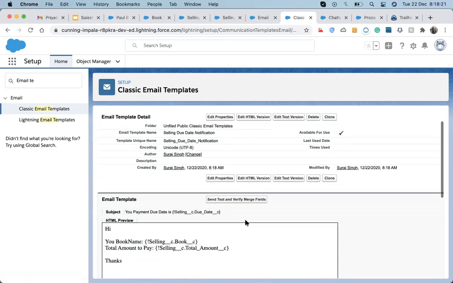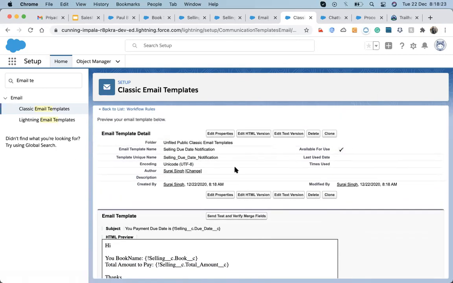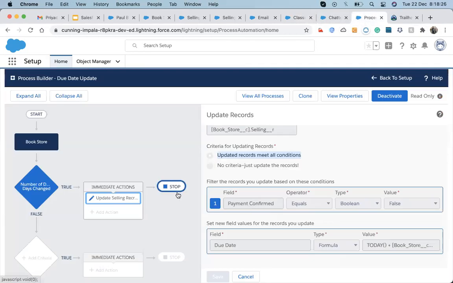I design an email template, I make it available for use, and now it will be available in my process builder. So I'm going to create a new process builder for the selling object, view all processes.